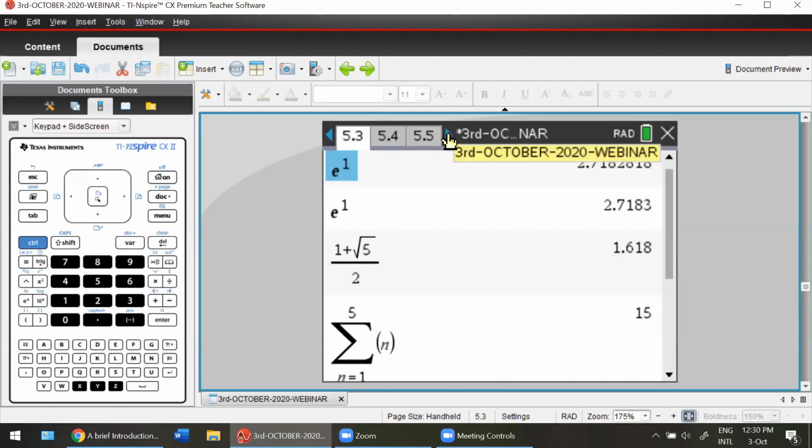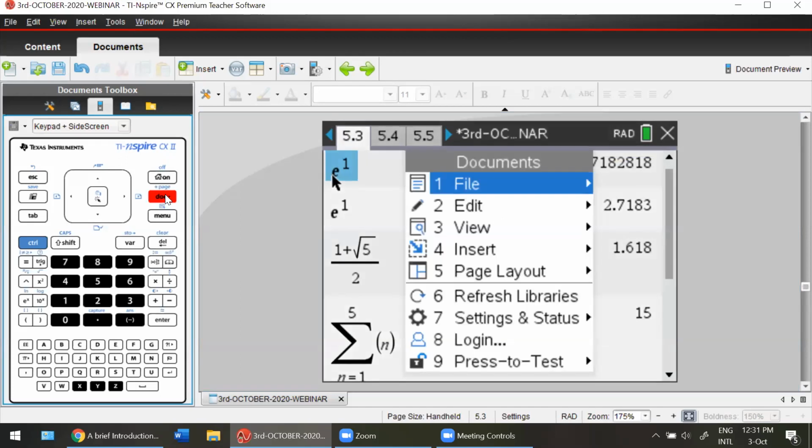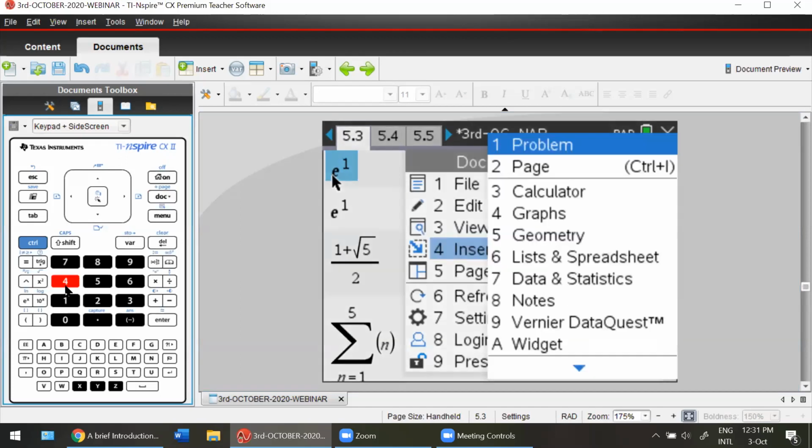Now, I did not show you how to go from 5 to the next problem. These were all the questions associated with problem number 5. But if I want to go to the next problem, then I can straight away press doc 4.1.